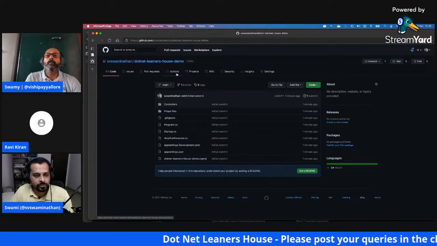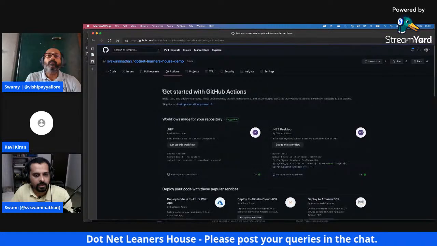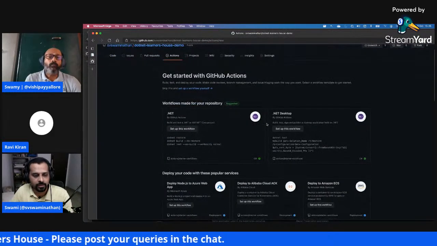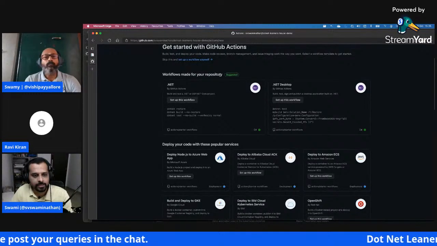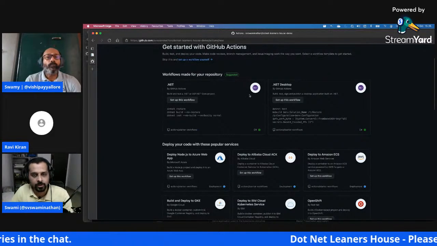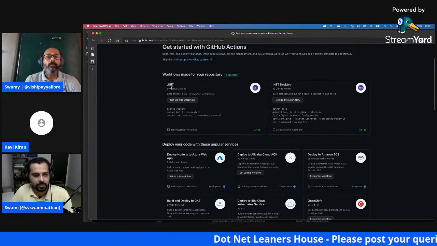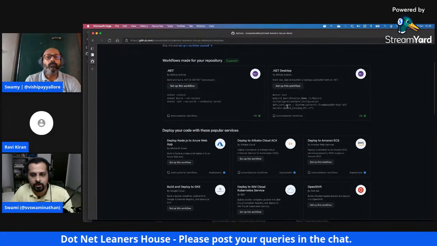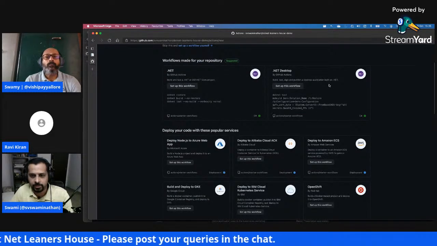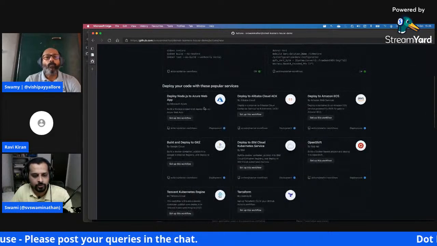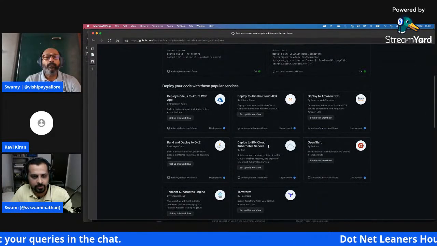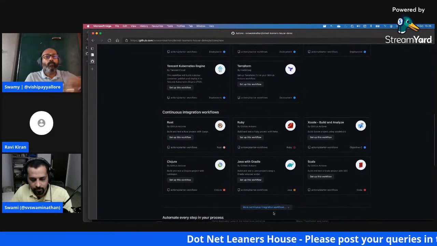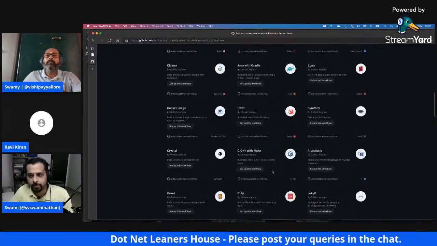So what you would do is you can just go ahead and look at these actions here. And if you go in a fresh repository, you can see all these different steps here, right? It also gives a suggestion. GitHub understands automatically what kind of workflow this particular repository has, and it says it's a .NET based thing. You can choose this one, or if you are using a .NET Framework based one, you can also use this particular workflow. You can also see a lot of other options showing up here. If you are using Rust or Ruby or any other applications, you can take a look at these and then set up your workflow.